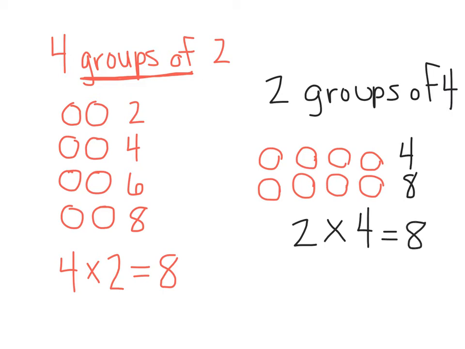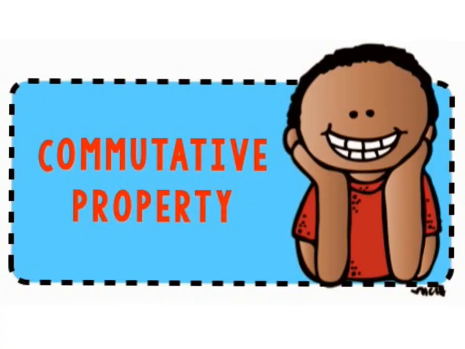My factors switched places. 4 and 2, they switch places and they changed meanings, but my total still stays the same. We call that the commutative property of multiplication. So our factors